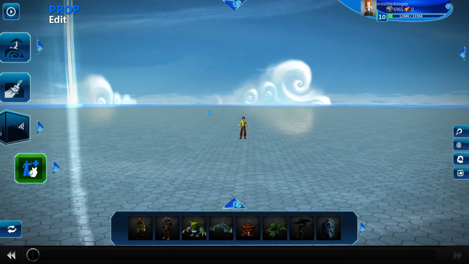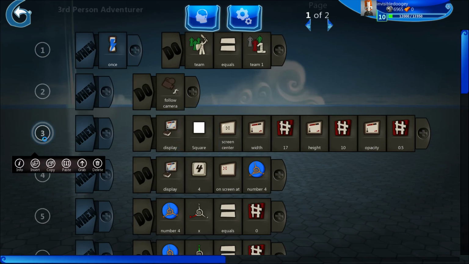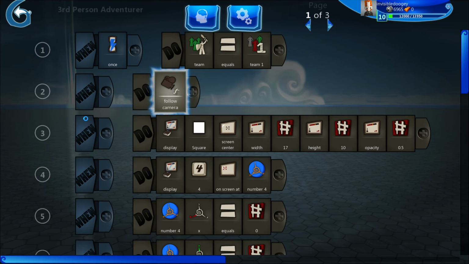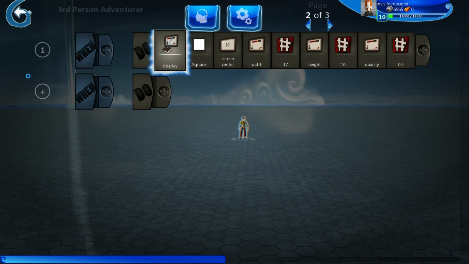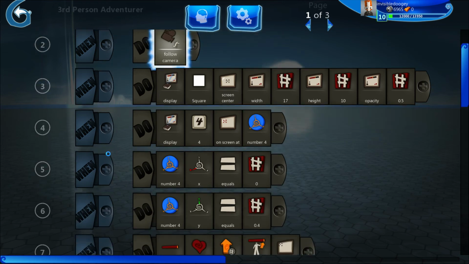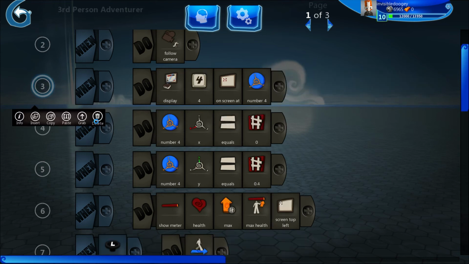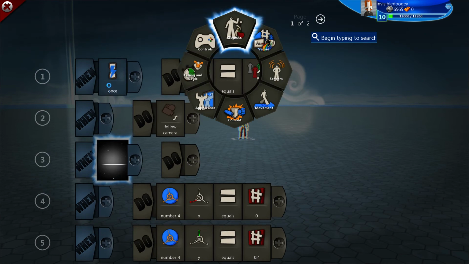So what I like to do, when you're working with user interfaces, is actually put those on a separate page. So let's just copy this. Let's put that on page 2. Let's put this on page 2 also. And we don't actually have to get the number variables over to page 2 if we're starting on page 1. So I'm just going to delete this, delete that. Now let's set when